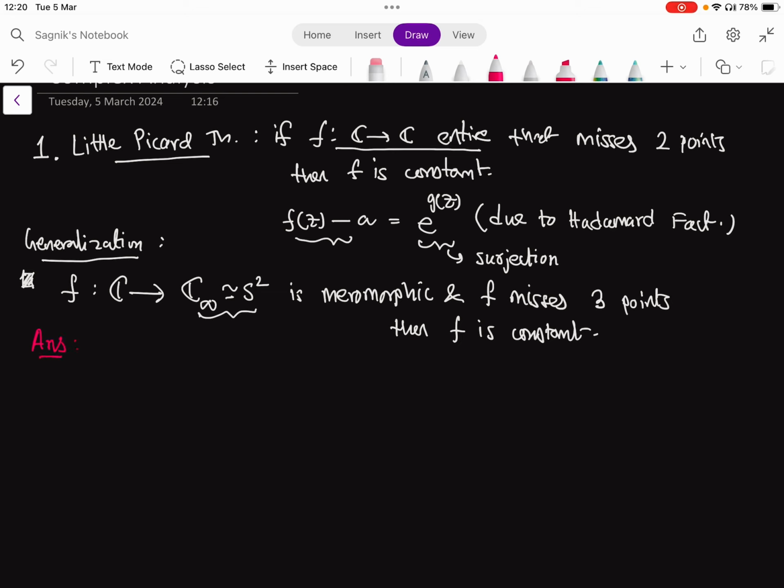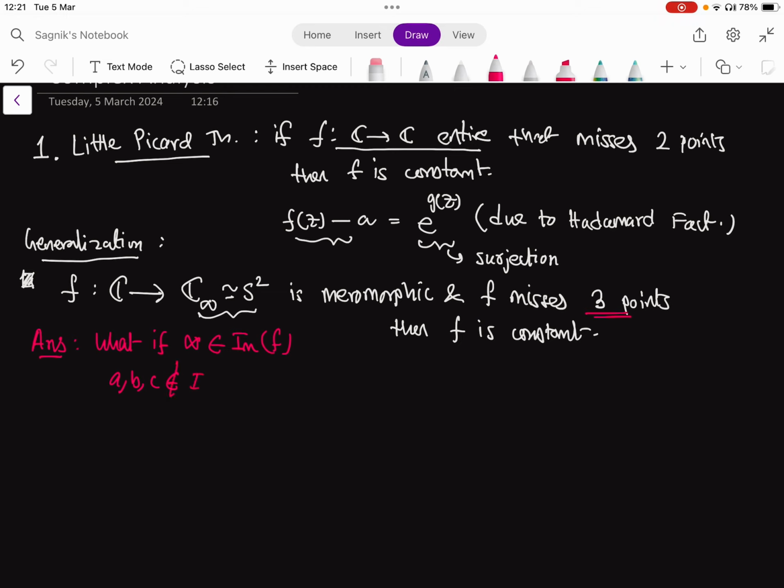So what if infinity is in the image of f? Let's first do the easy case. Well, in that case, the question becomes really easy because everything follows from again the little Picard theorem. Because if infinity is in the image and say f misses 3 points, so those 3 points, say a, b, c, are not in the image,